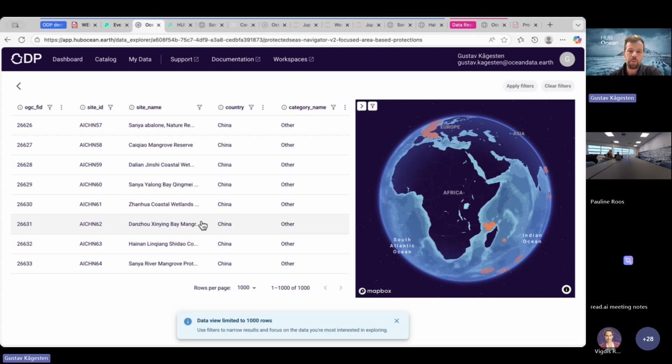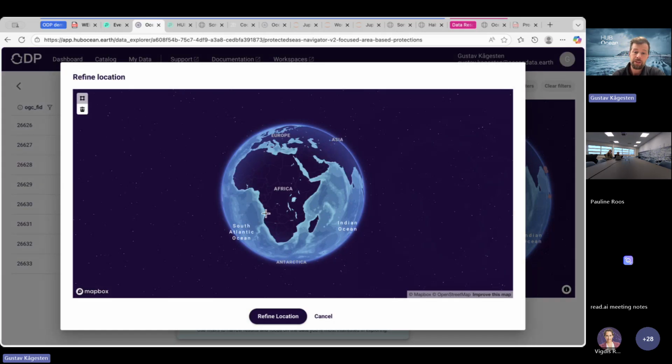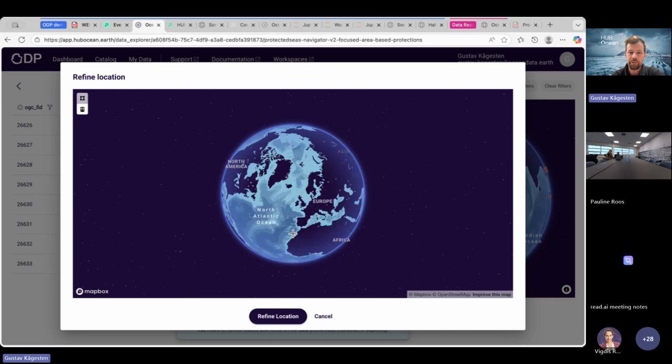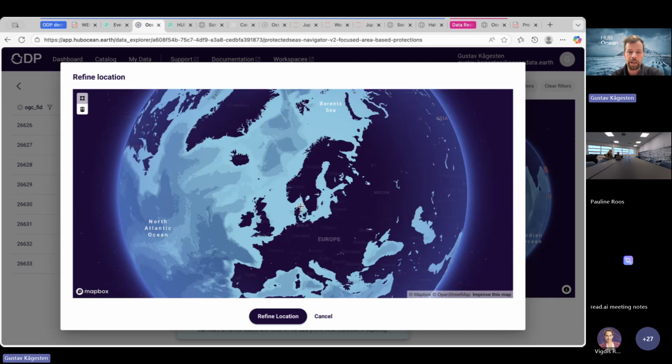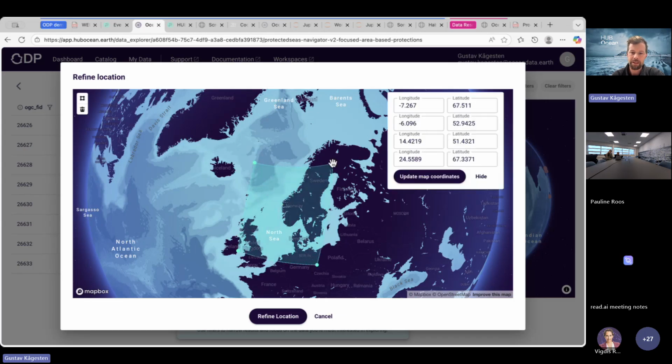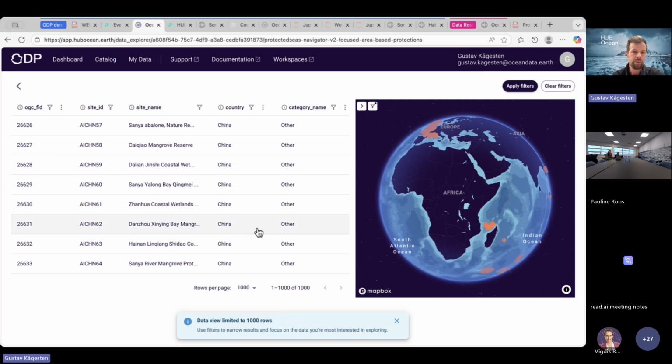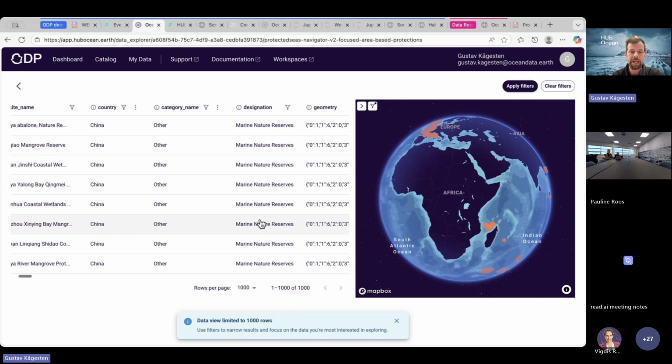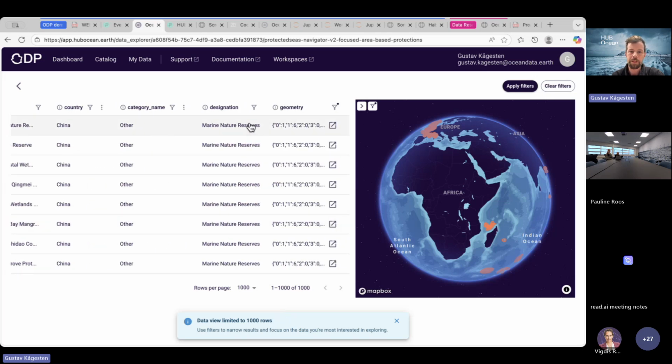Now when you're in this view, you can actually start filtering the data, and that's not limited to those 1,000 rows. It does it on the whole data set. So we can start doing a spatial filter. For example, let's see if Norway, which our office sits in, has done some marine protection. So we can make a little box. We could also filter on any of these attributes. Since the statistics are pre-baked,